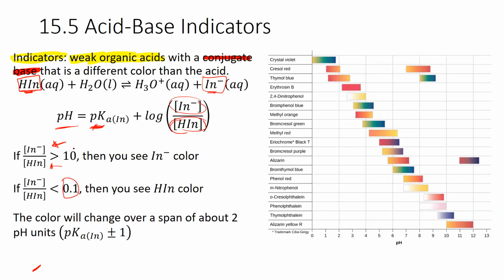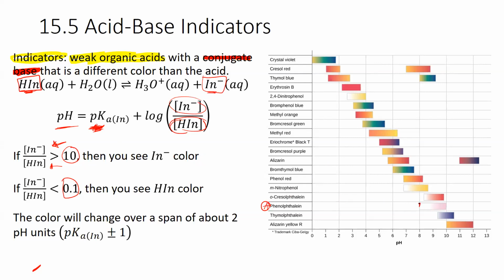So these two values are the same. You have 10 times as much conjugate base as protonated weak acid, as compared to 10 times the amount of protonated acid versus conjugate base. So essentially, it's going to change color when the pH is equal to the pKa plus or minus 1. If you look at something we've used in the past, phenolphthalein, okay, phenolphthalein changes